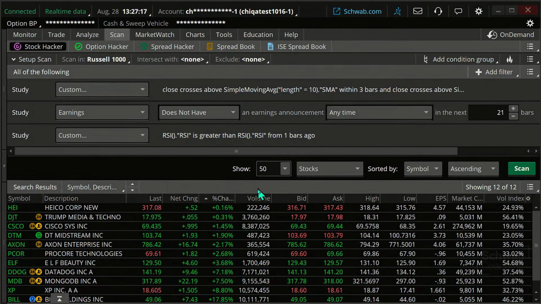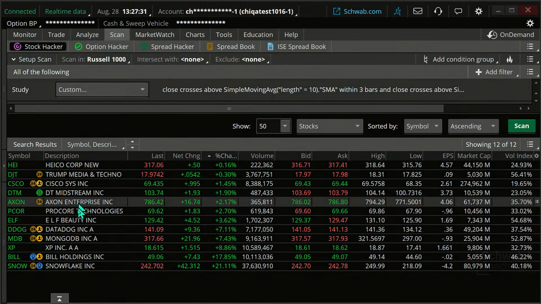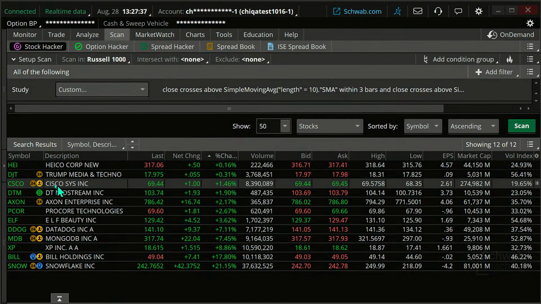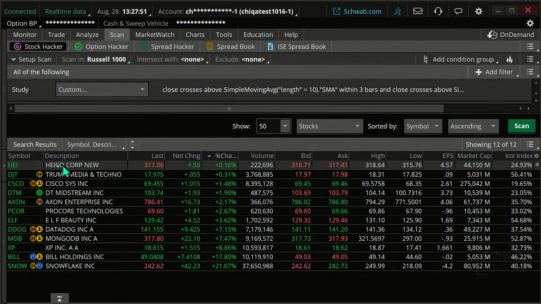Okay. So here we have stocks. And thank you for the reminder. Wiley said the scan will not work in paper money. So just remember that here. But you can see a bunch of companies, and you're probably familiar with some of these companies and some not. Cisco is one you've probably heard of before. That, by the way, is an S&P 500 stock as well. So that shows the crossover between those. Some of these are not, though. HEICO is not an S&P 500 stock, I think I'm saying that right.